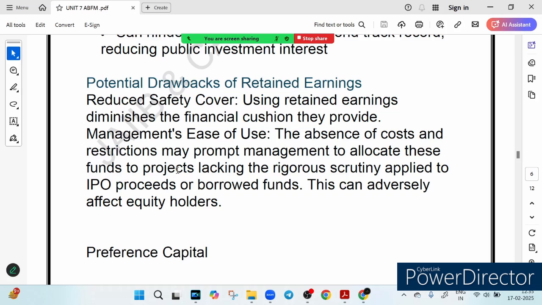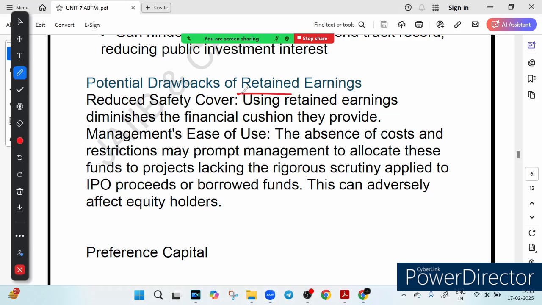So friends, we are tracking two main topics: retained earning and preference capital. First of all, is it always a good idea of having retained earning? Imagine you have a saving account, and instead of using it only for emergency, you start spending it on random things. That is exactly what happens when company use up their retained earning without thinking ahead, right? So if company start using retained earning, what will happen?